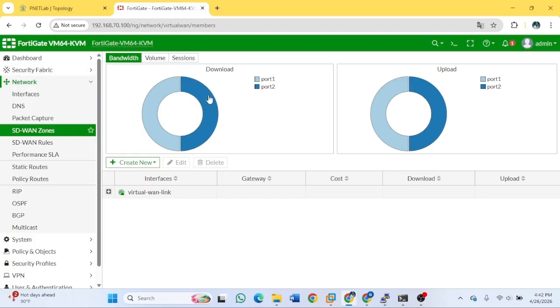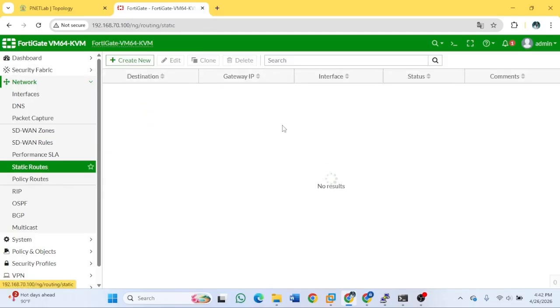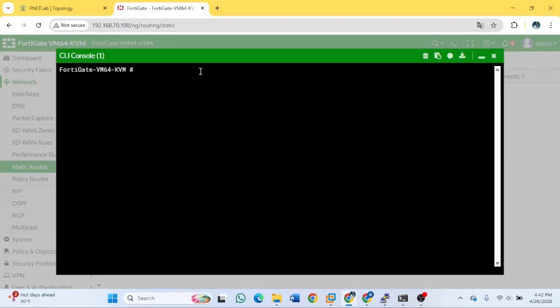After that, I want to configure the SD1 static route. For the static route, first execute ping to the IP address, ping to Google or the internet.